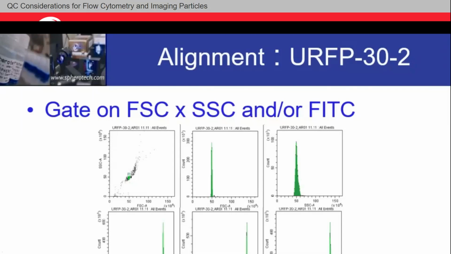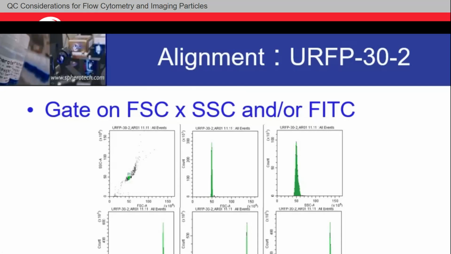And also, if you notice, in that first row, on that linear, underneath 150, you'll see it says times 10 to the 5th. Or on the left-hand side, it says times 10 to the 5th. You see on the x-axis, it goes 0 to 10 to the 7th, right, to max. You want to make sure that you've expanded your entire dynamic range to the full dynamic range of your instrument. Some instruments will only be 1024. Some instruments will be 10 to the 4th. Some instruments will be 10 to the 7th. You want to make sure that your parameters are full so that you're seeing all of the events possible in